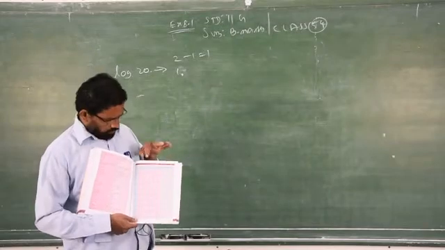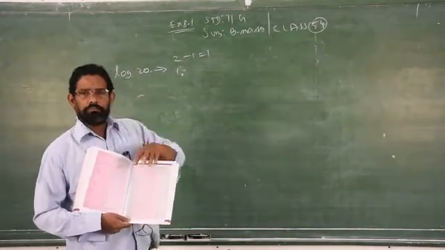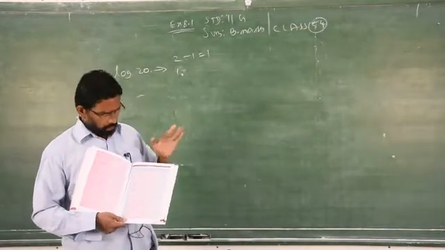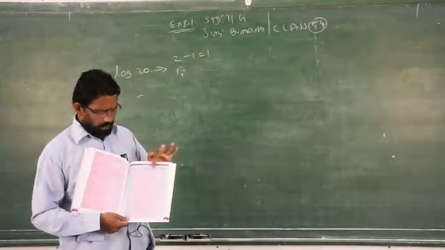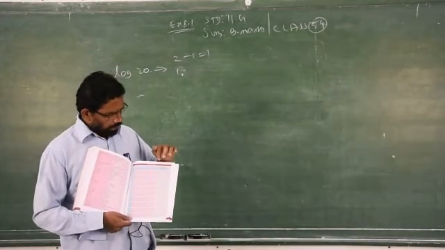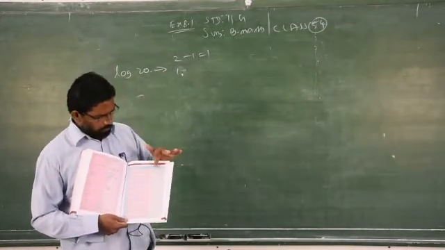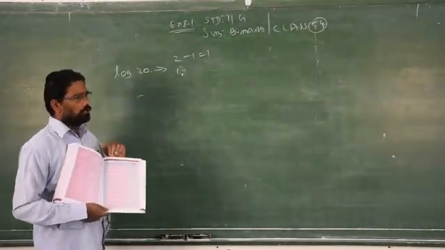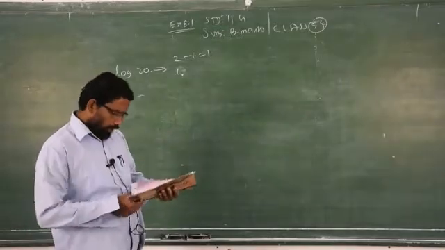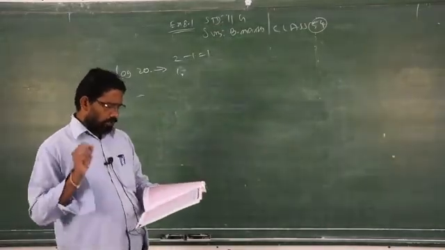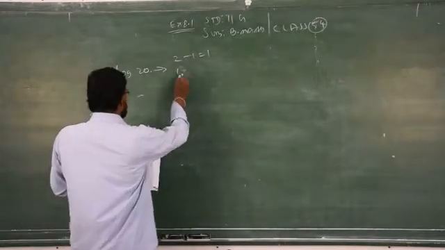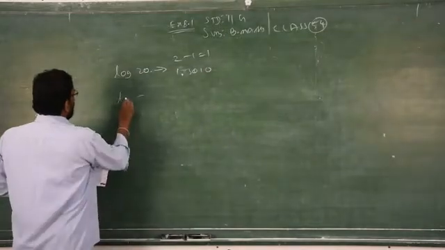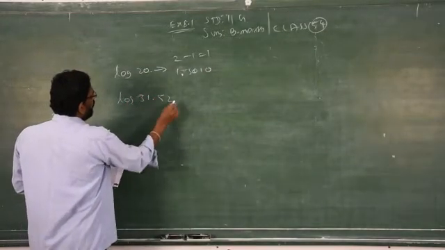Clear? First 2 digits, first column. If there is a third digit in the logarithm part, you have to see from 0 to 9, that is called Mann-Star, and if it is the fourth digit, you have to see it under the mean difference. Here 20, no digits are given, so you have to see 20 under 0. What will come for 20 under 0? That is 2.0, called 20. Clear? So 20 under 0 is 3010.